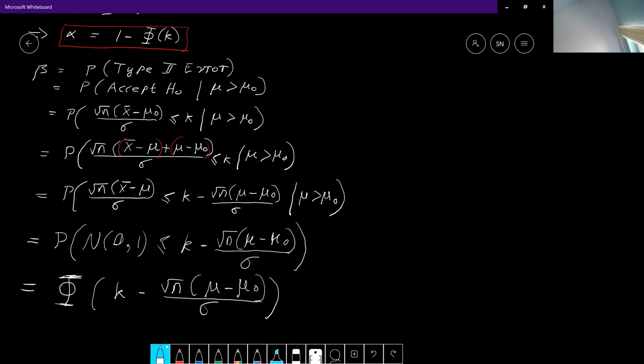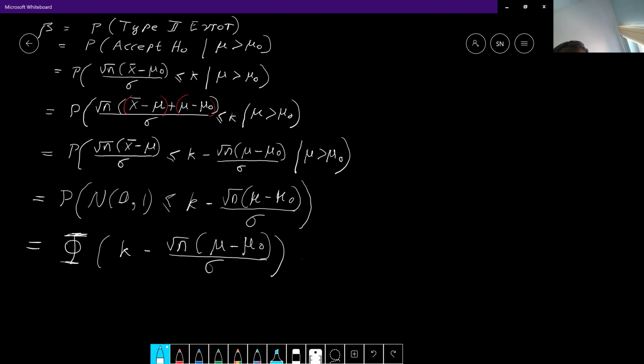All right, so that completes the argument. So just to summarize, your beta, the type 2 error probability, is equal to Phi at k minus